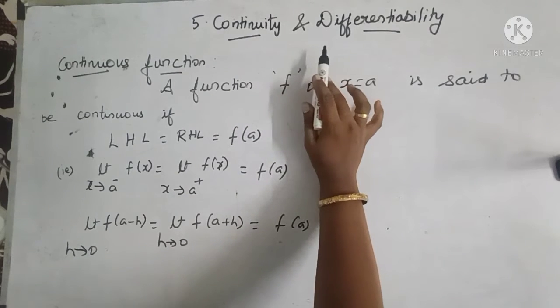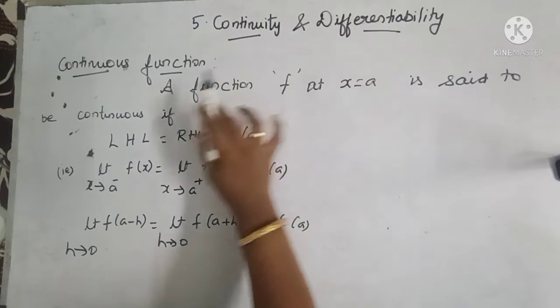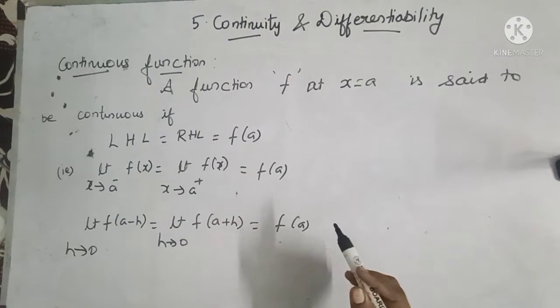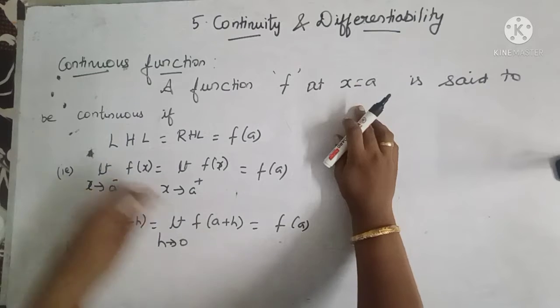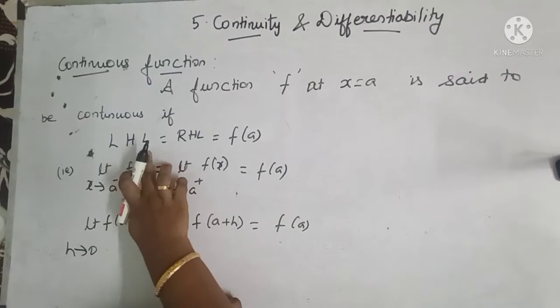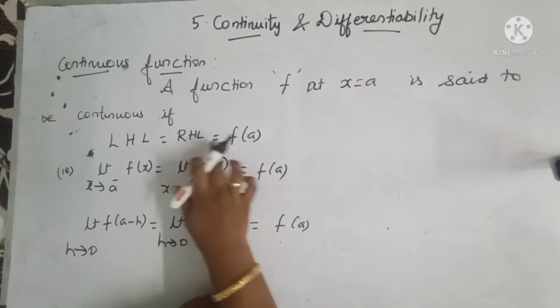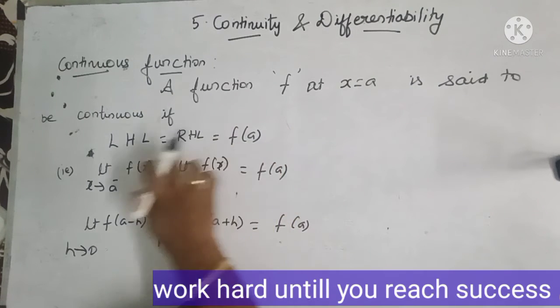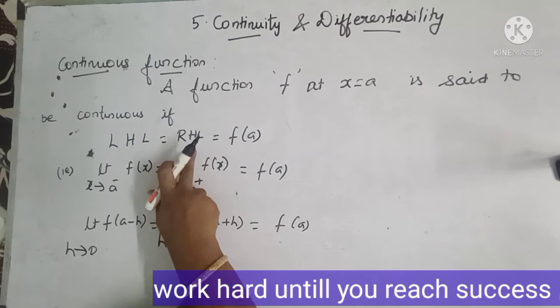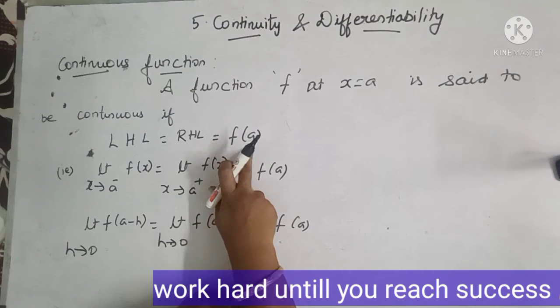Chapter 5 Continuity and Differentiability. First of all, let us learn what I mean by continuous function. A function f at x is equal to a is said to be continuous if left hand limit is equal to right hand limit equal to f of a. F of a is nothing but image of a function. So if left hand limit and right hand limit is equal to its image,